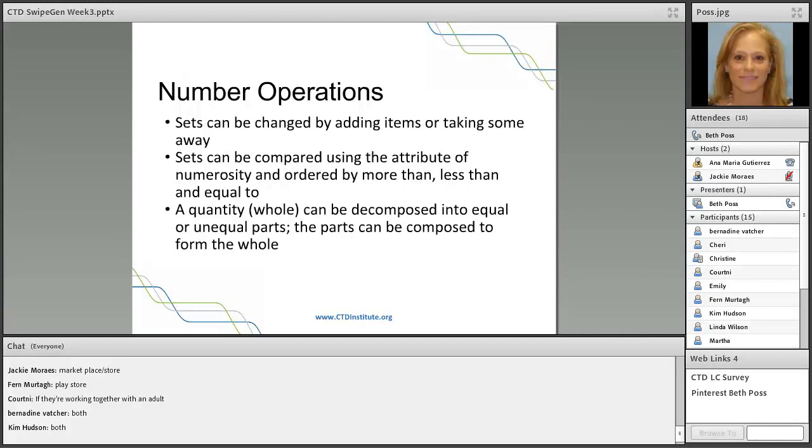So number operations is another big idea in mathematics, and it's that sets can be changed by adding items or taking some away. So it's the beginning understandings of addition, of subtraction, which then lead, of course, to multiplication and division. It's that sets can be compared using the attribute of numerosity and ordered by more than, less than, and equal to. And when we talk about